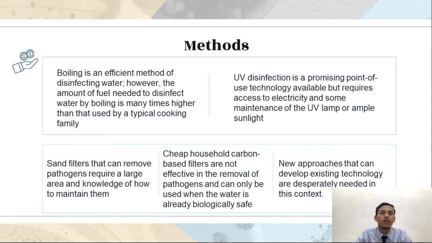typical cooking family. UV disinfection is a promising point of use technology available but requires access to electricity and some maintenance of the UV lamp or ample sunlight. Sun filters that can remove pathogens require a large area and knowledge of how to maintain them. Cheap household carbon-based filters are not effective in the removal of pathogens and can only